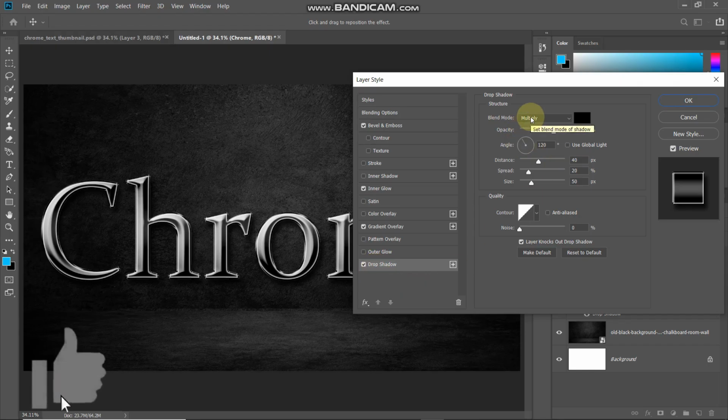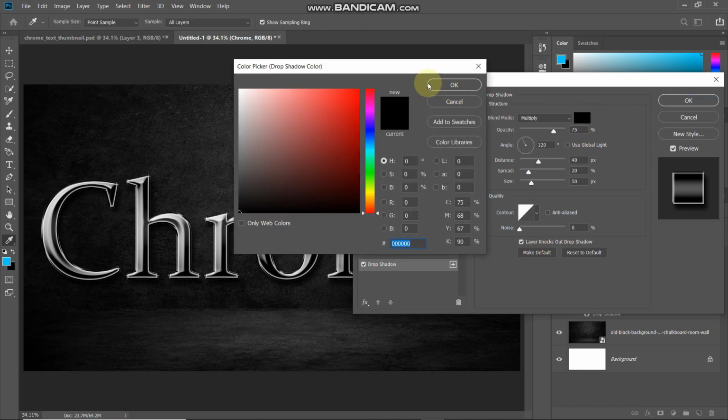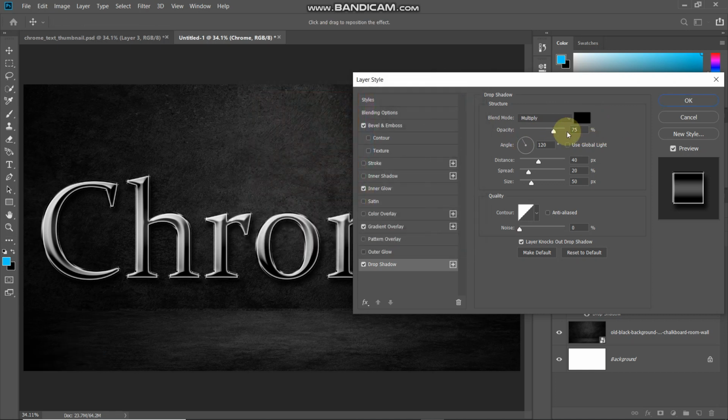And then you need to set the blend mode as multiply. Click on the color icon and then set the color as black. And then you can click on OK. After that set the opacity to around 75%. Make sure you untick this use global light option. And then set the angle as 120 degrees. Distance as around 40 pixels. Spread as 20%. And then set the size as 50 pixels, and then you can keep the rest of the